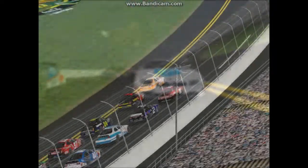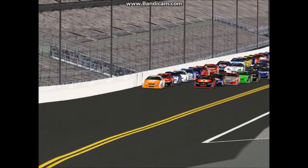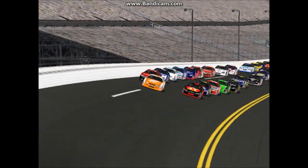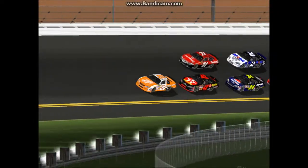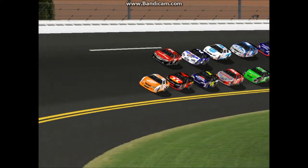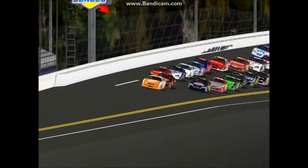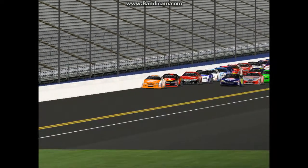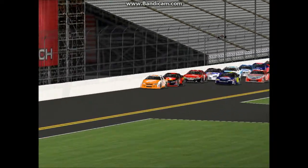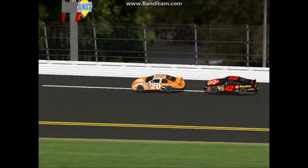get a caution. As we get closer to the competition caution, Richard Johnson, the 20, his season has been very bad so far in the first 2 races of the season. He didn't qualify for the 500, and he didn't do too well at South Africa, so he's in quite a hole to start off this season in that number 20 Toyota. And Richard Johnson has also won here before. Actually, this may have been the last race he's won at, too. I don't exactly remember. It's been a while, but